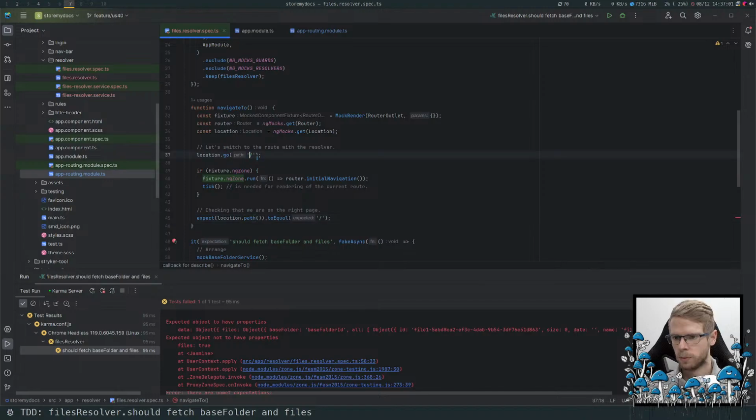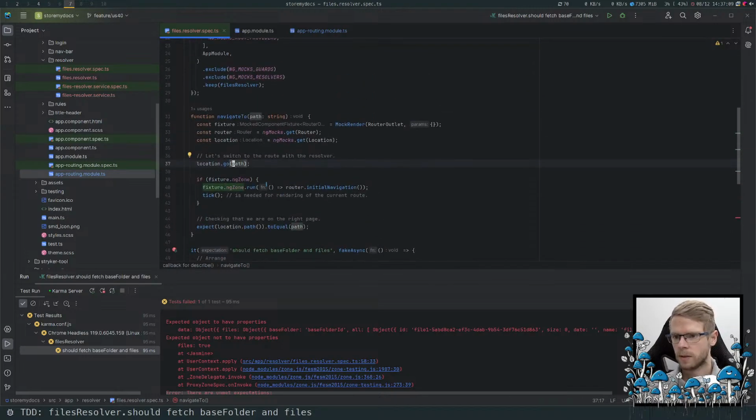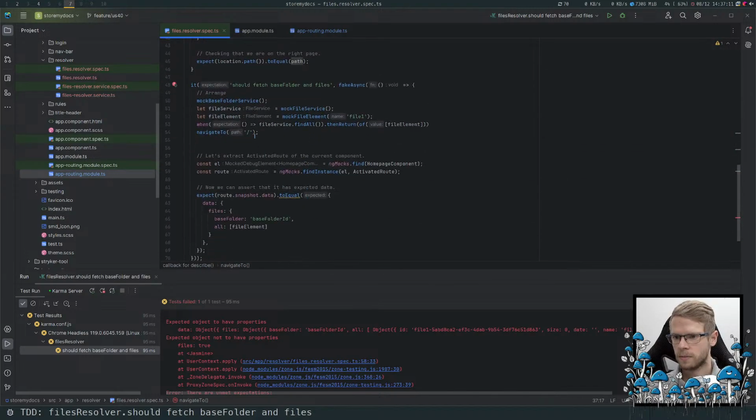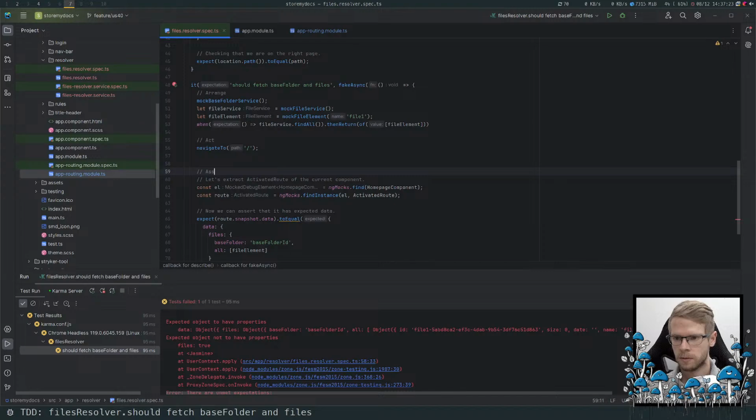Okay, and I will provide the path. And then, so this will be my action when I navigate to this path. Then I will assert